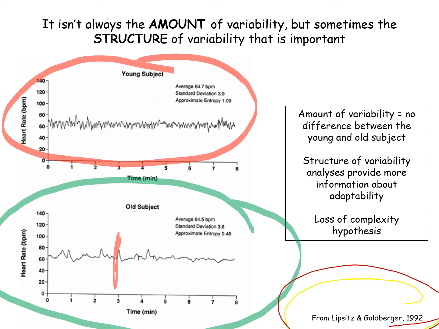This brings in what we consider to be the loss of complexity hypothesis. When we start looking at injury, or at pathology as far as diseases, such as stroke, we start to notice that these signals, whether stride-to-stride intervals, heart rate, breathing rates, finger tapping, or any sort of voluntary or involuntary human response, may become less complex when we're looking at an injured or otherwise impaired system.